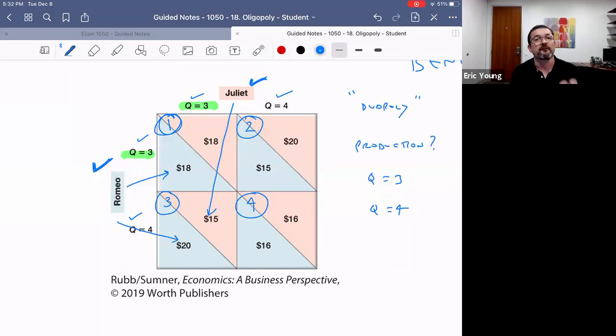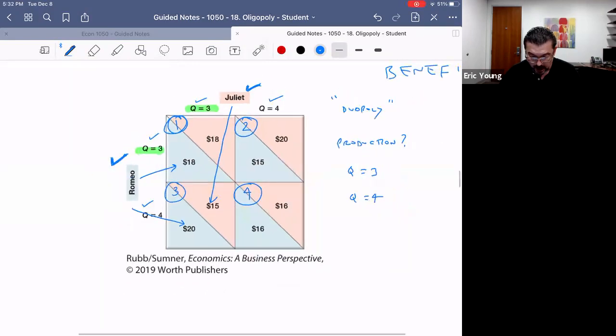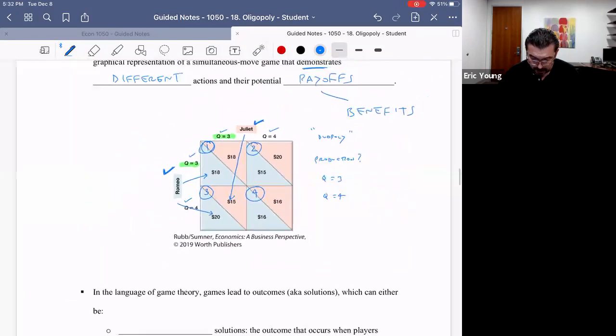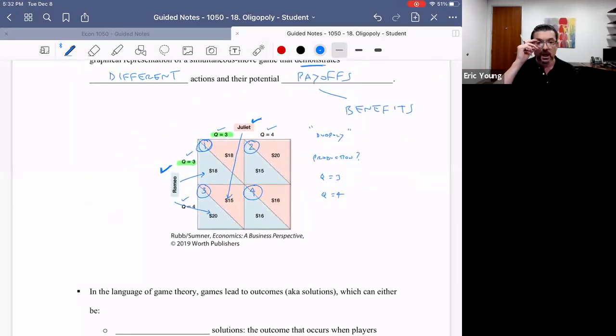We can look at the 4 different outcomes, right? 2 players, each with 2 options. 2 times 2 is 4. We have 4 potential outcomes. Those, my friends, are modeled on a payoff matrix. You can see that right there. There's some outcomes that are more beneficial than others. Keep that on your back burner. We're going to come back to it, okay?